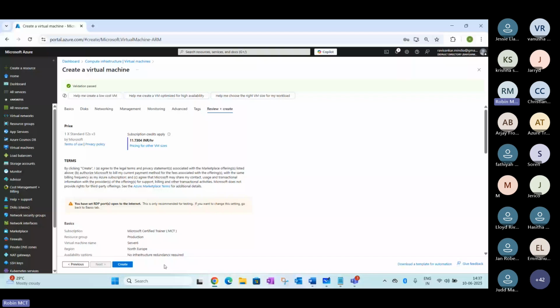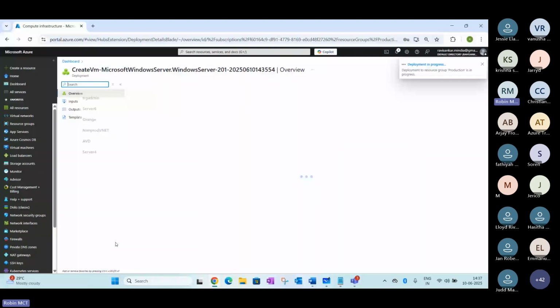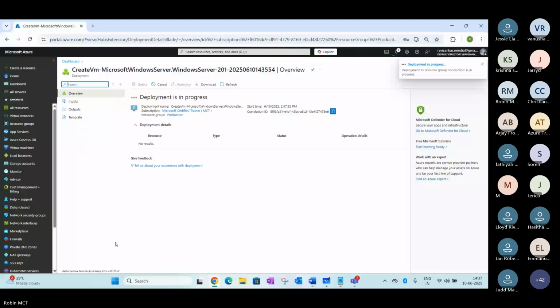Review and create here. Validation completed. So we are creating one more VM, in a different data center. What is the purpose of this VNet here?